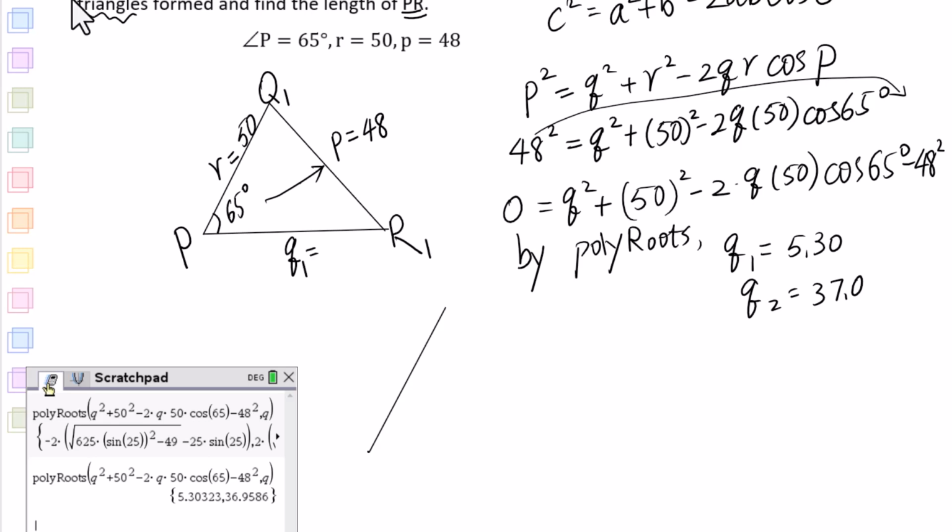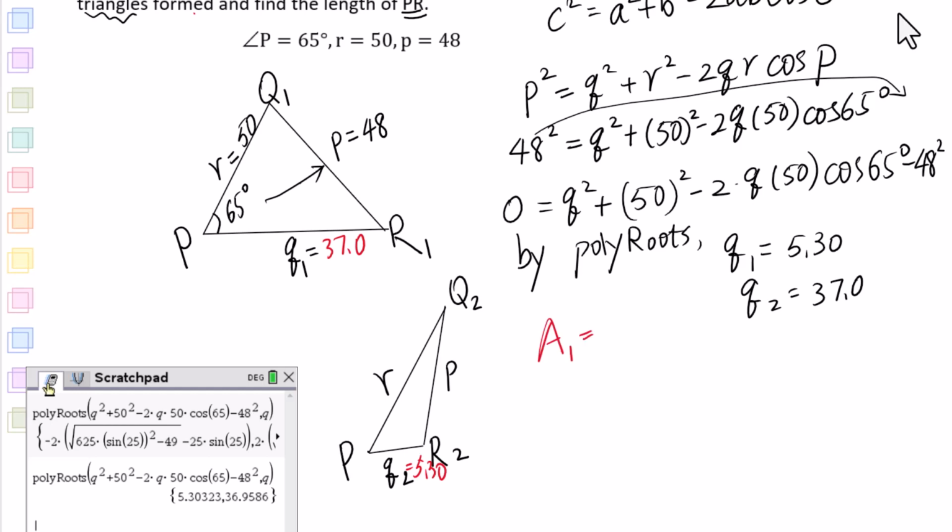Let's draw the other triangle. Let's label P, Q2, R2. Then we can label, since Q1 is longer than Q2, Q1 equals 37.0, Q2 equals 5.30. Then if we are looking for the difference of these two triangles' area